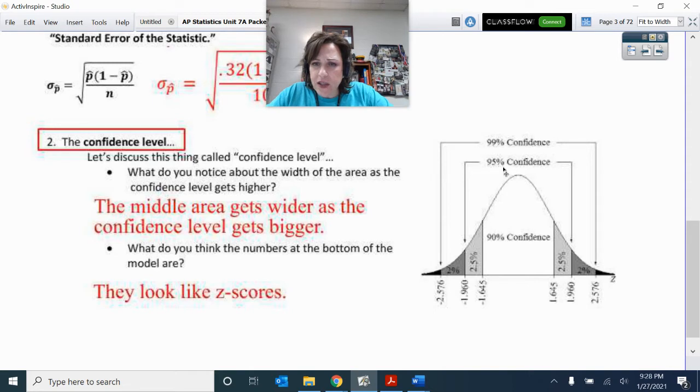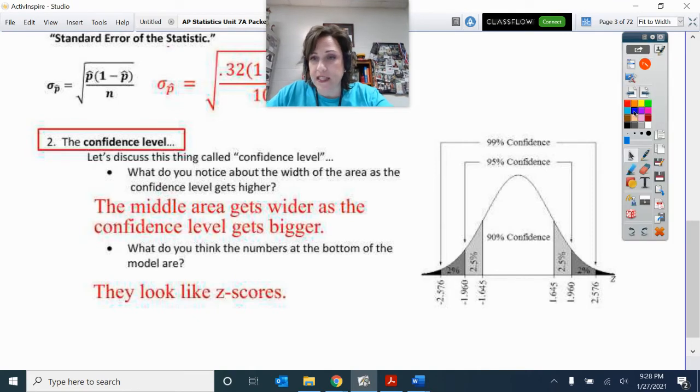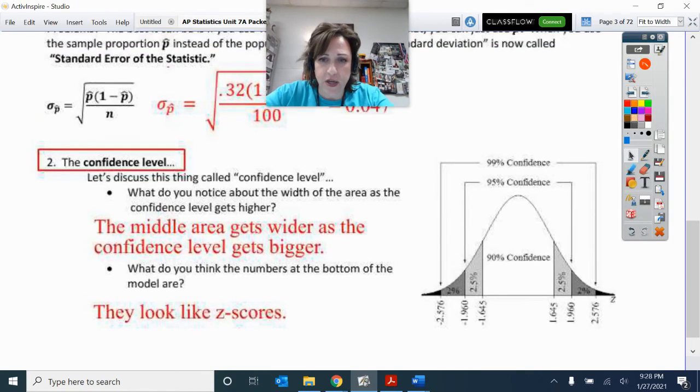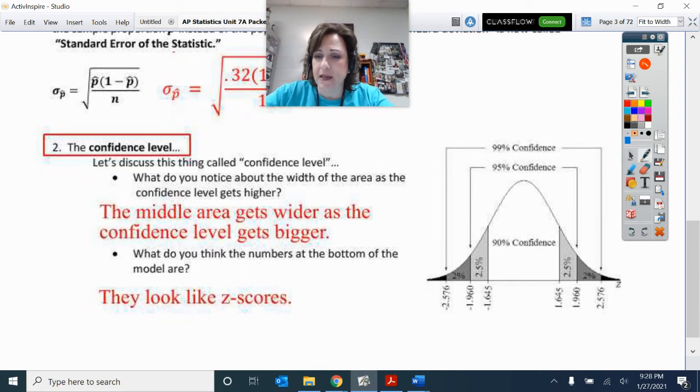Then let's see. Look what happens if I go wider. That's from here, this little light gray area from here to here. That's making the 95% confidence interval. Okay. From here to here. I need to draw that from here to here. Okay. Now, what about a 99% confidence interval? That's going from here all the way down to here.